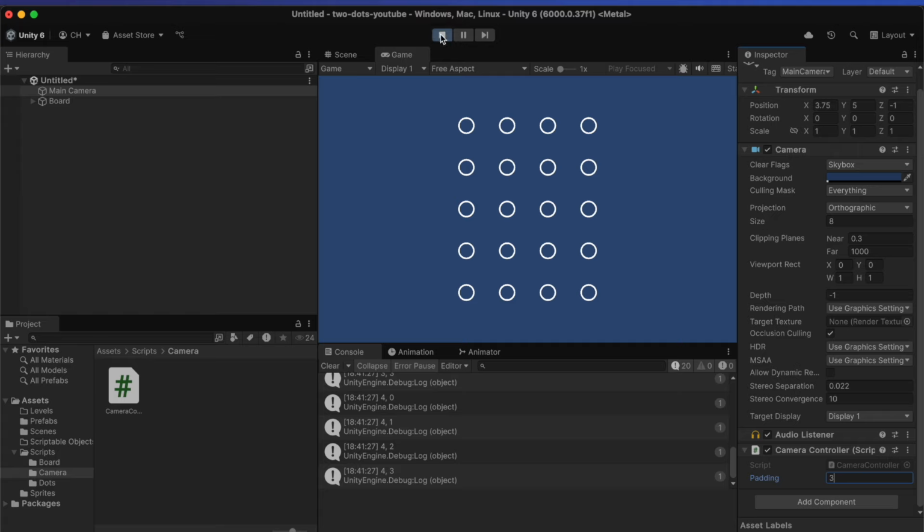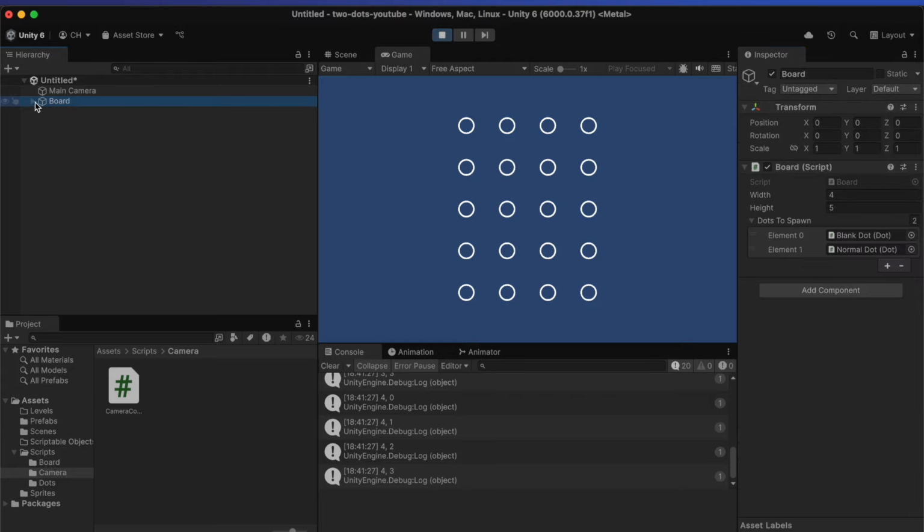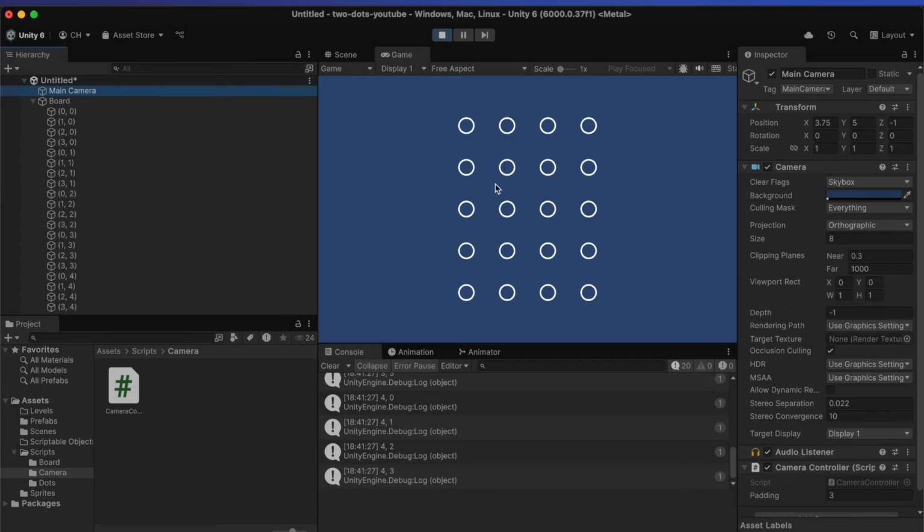So I'm going to end the video here, and what we'll do next is work on getting the spawning of the dots to be a little better, because right now it's only spawning blank dots, and I don't know if this is what was happening in the last video, but I'm going to fix that in the next video and get a better, more enhanced and improved system for spawning dots. So stay tuned for that,